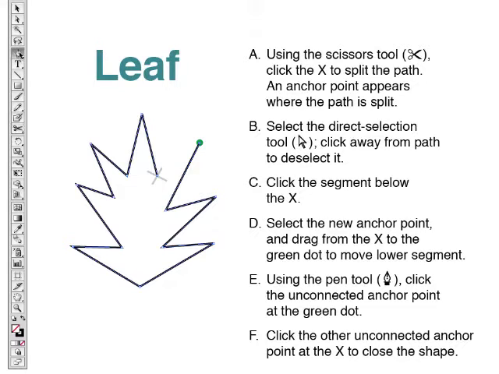Selecting the pen tool, I can now continue the line and connect it to make a shape. When I hover over this anchor point, you'll notice a sloped line next to the pen tool. This indicates that I can continue the line at this point. So I click once on the anchor point and then on the following anchor point with the circle next to it, indicating that when I click, I close the shape and we're finished. Command click to deselect the